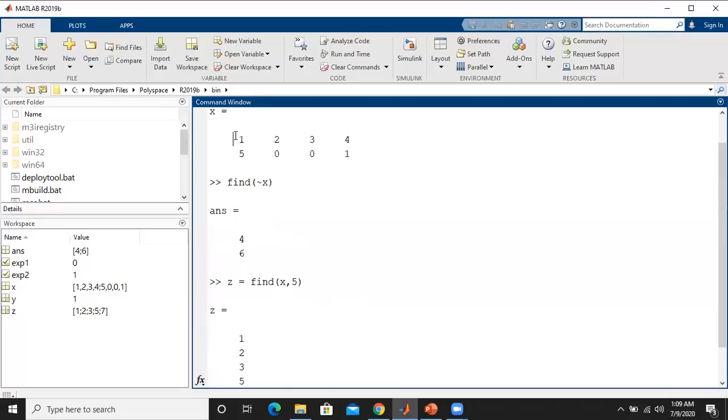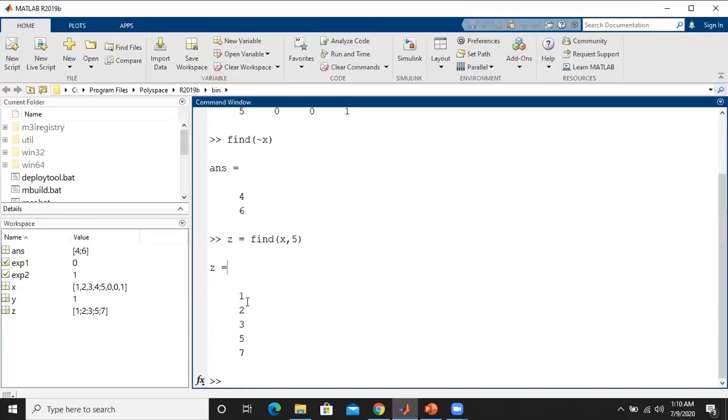See here, this is non-zero value 1, this is also non-zero value 2, this is also non-zero value 3. Now this is a 0 value, so it will not be considered. 4 will not be considered. Now 5 will be considered. 6 will not be considered. Next 7 will be considered. See 1, 2, 3, 4, 5. Only 5 non-zero elements were given in the function argument. So that's why we got 1, 2, 3, 5, 7 as the output.